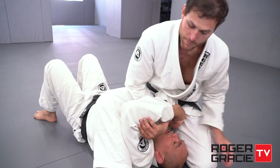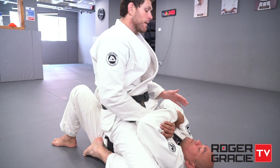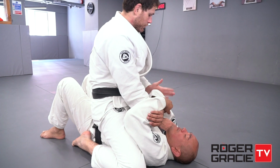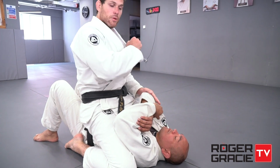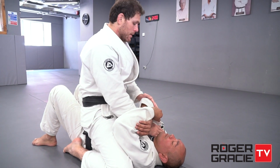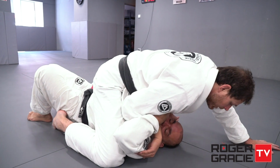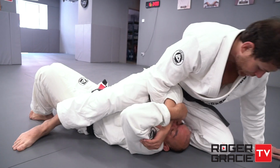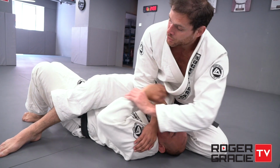So let's go step by step. First you clear the arm. I want to make sure my stomach is on the outside, so he cannot pull the arm out and avoid my attack. So I put in, lower myself, stay very low. So now I'm going to push as high as I can, work into his other arm,